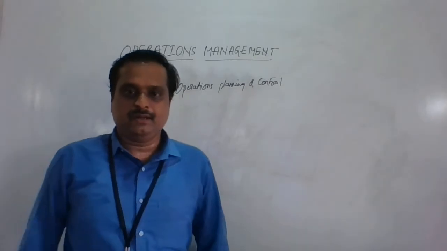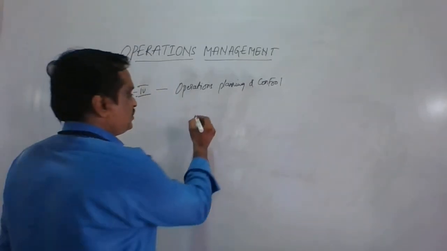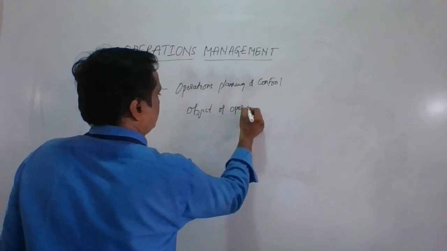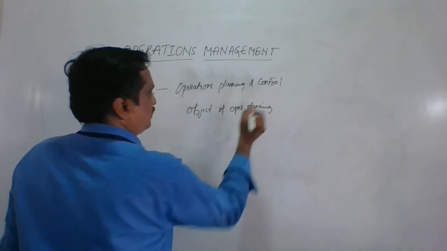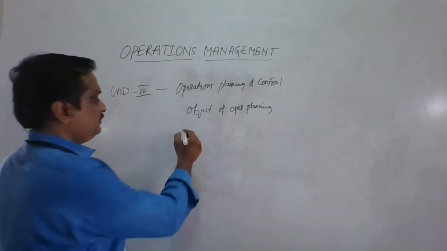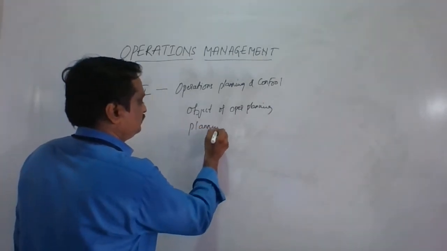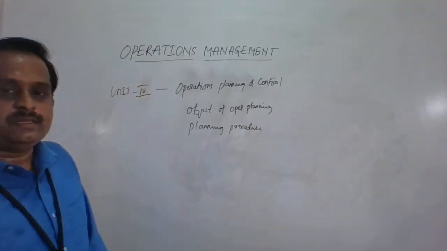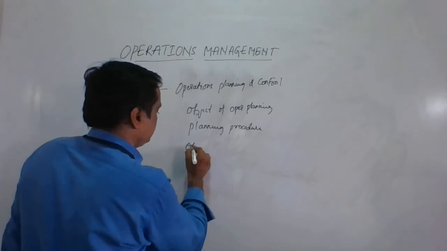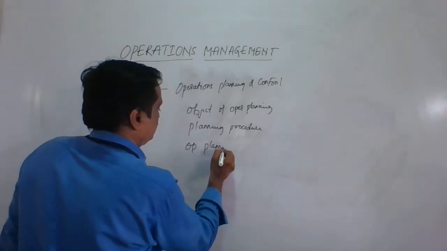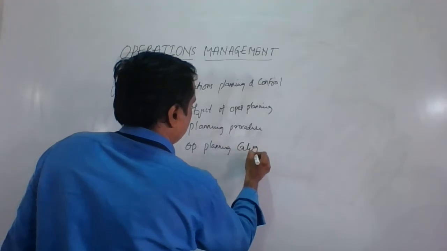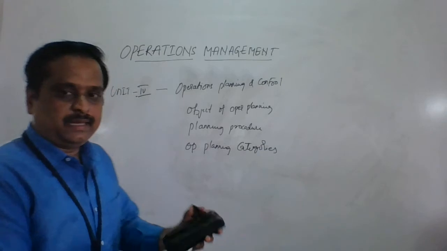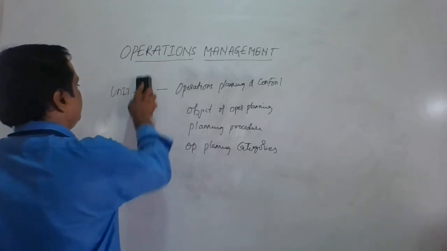In operations planning and control, mainly it covers the objectives of operations planning, the planning procedure, and the last topic is operations planning categories. So these are the topics from the 4th unit, and from the last unit, the 5th unit,